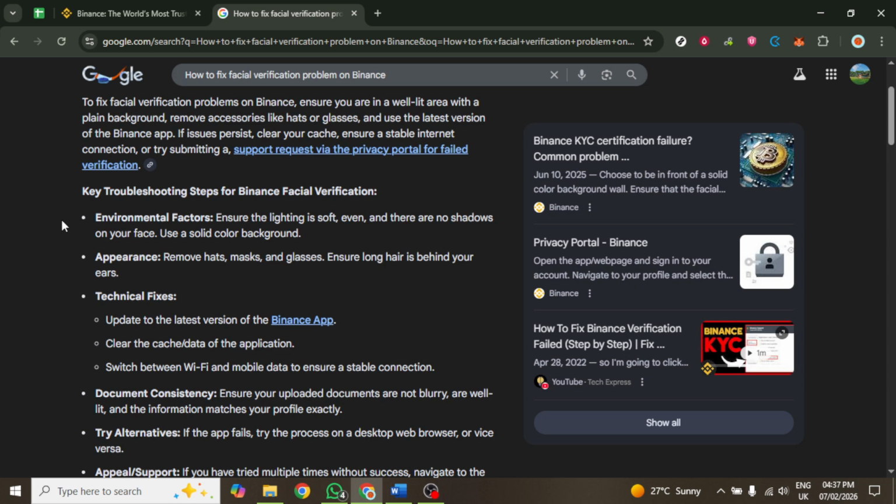It is important to monitor your email for any updates regarding your support ticket. Avoid making multiple retry attempts, as this may lead to your verification being locked. Follow any instructions provided by the support team carefully to resolve your verification problems. Once you have submitted your ticket and followed the necessary steps, you will be on your way to successfully completing your facial